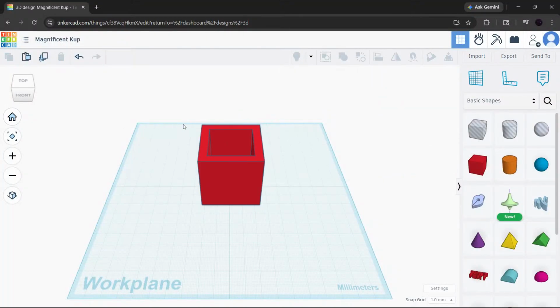If you want to know how to change the name of a project in Tinkercad, you're in the right place. In this quick tutorial, I'll show you 2 simple ways to rename your design so you can keep everything organized and easy to find. Whether you're already inside the editor or you're just on your dashboard, this takes only a